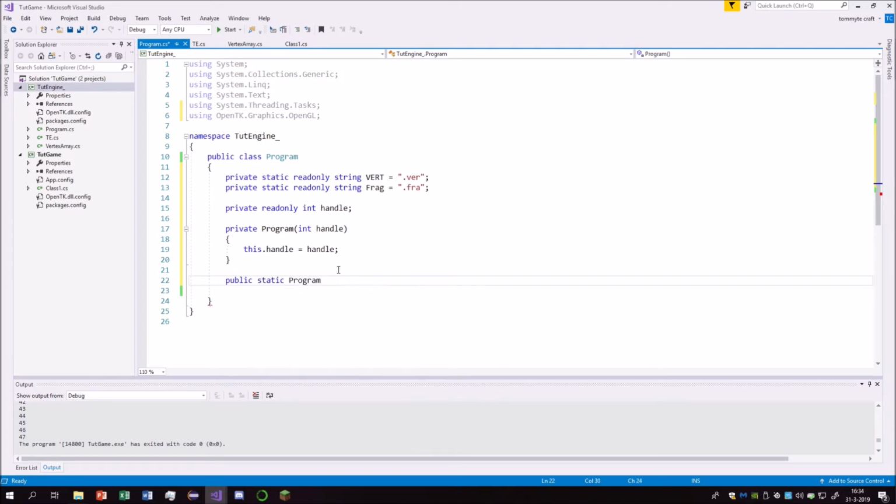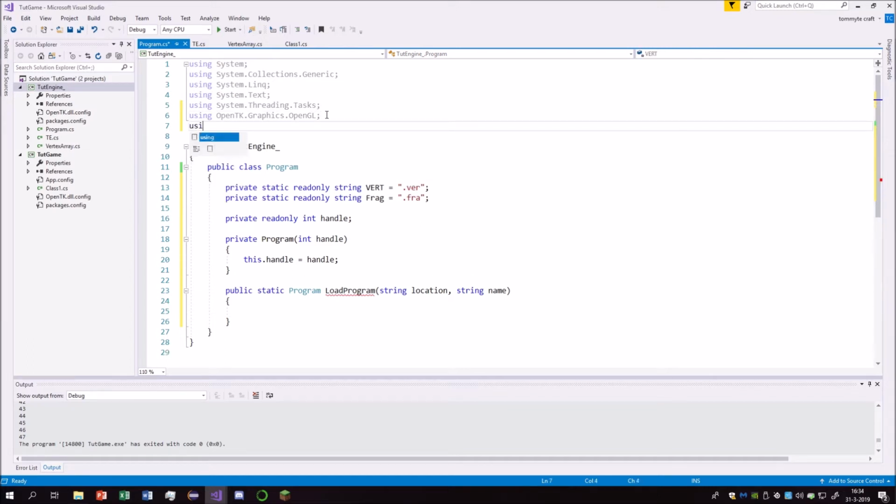And then I want to be able to load programs using a static function. It will need a location, it will need a name, and that's it actually. Alright. So I want it to be that the vertex shader and the fragment shader both have the same name, just a different extension. So, right. Because we are going to need to store these shaders in separate files,